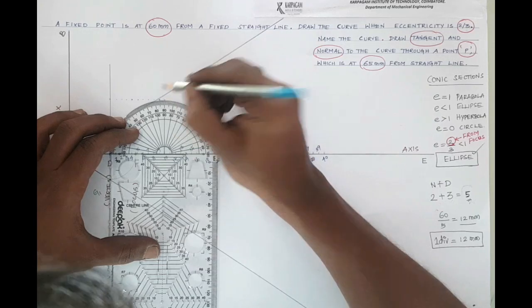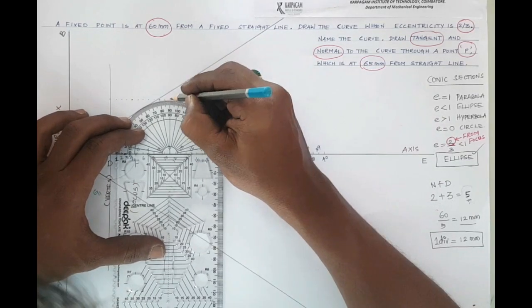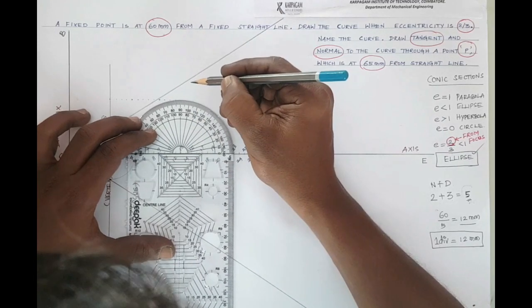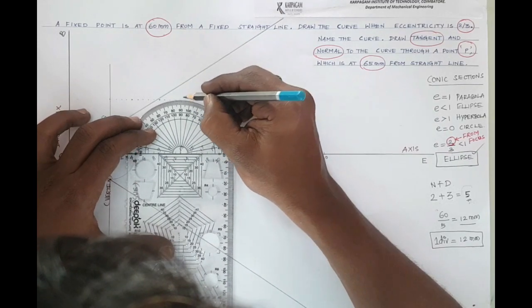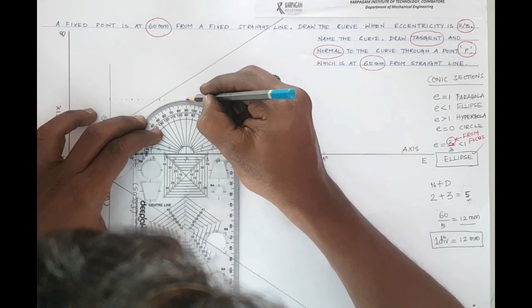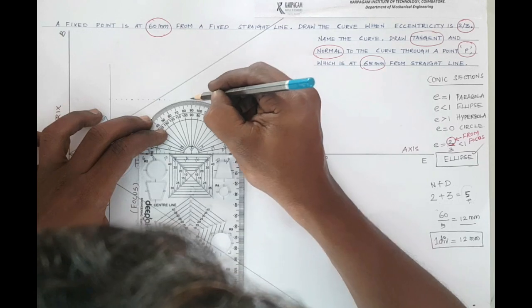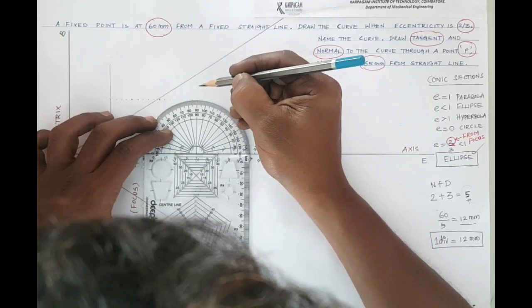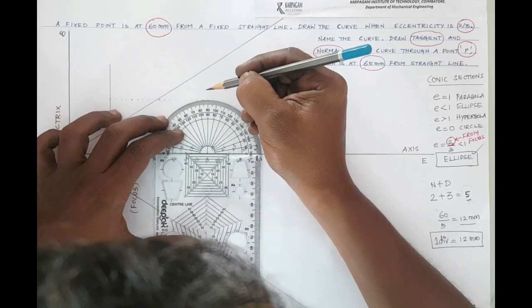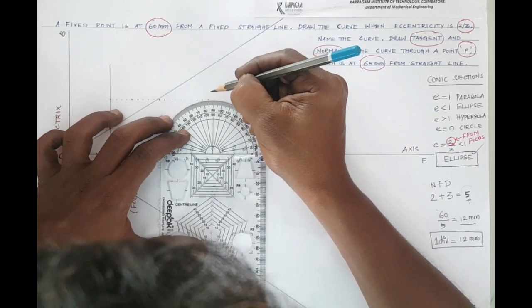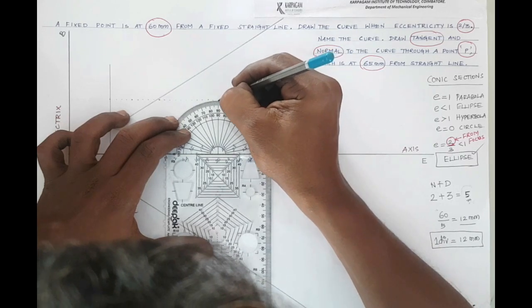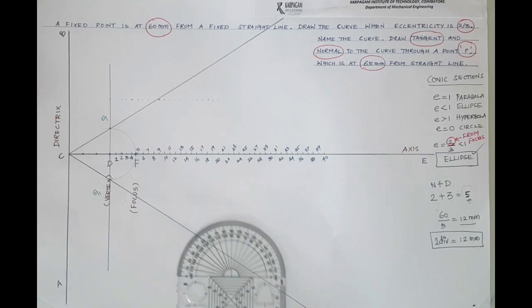And for 10. And that is for 11. And 12, 13, 14, 15, 16, 17, 18, 19. And it is 20. Up to 20, I have marked